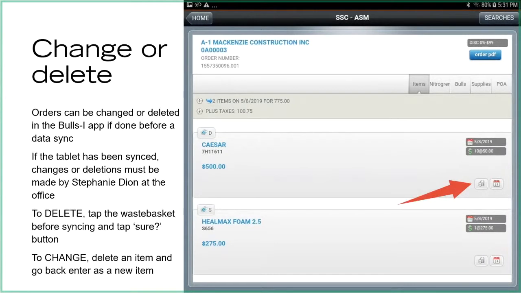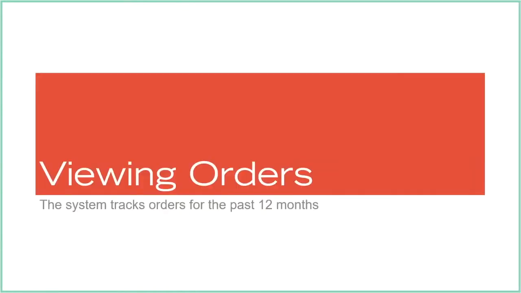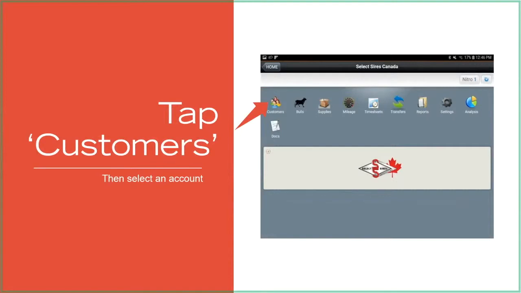If you want to delete the order completely, you simply have to go in and delete all the items in the order, and then the order will disappear. How do you go back and look at it? Knowing that your system tracks orders for the past 12 months at a time. Again, you'll go into the home screen,